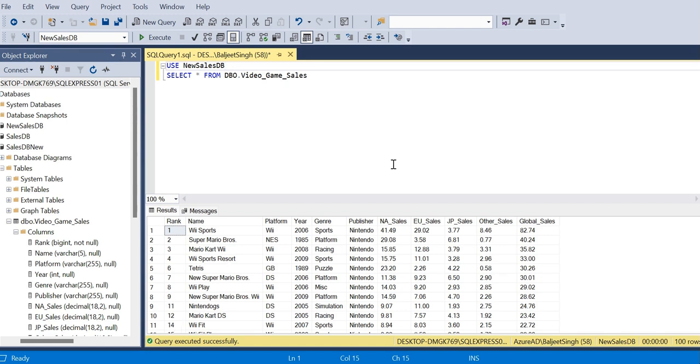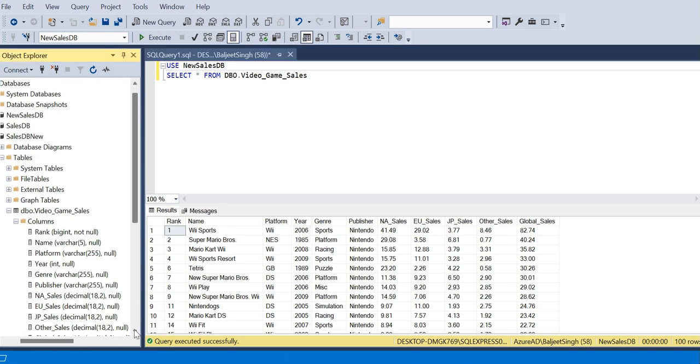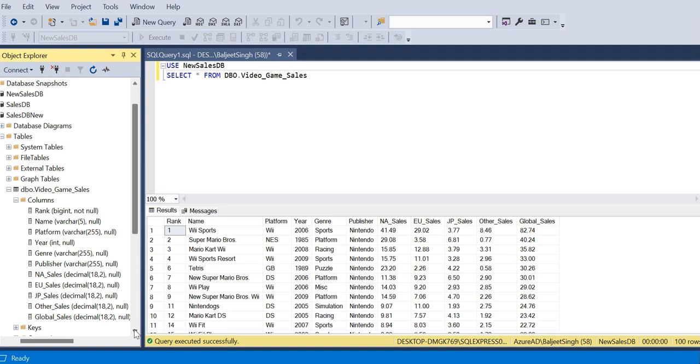So for example, the rank column is an integer, and name and genre columns are varchar, some few columns are varchar. So sales columns you can see here are decimal type. All sales columns are decimal types.